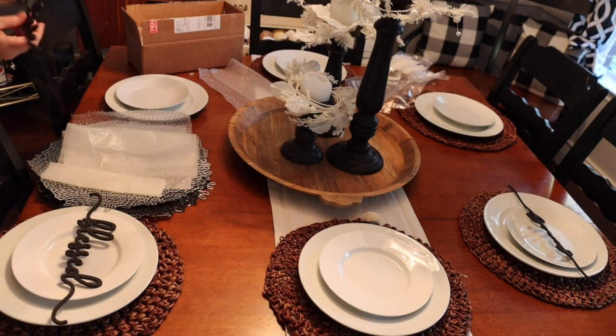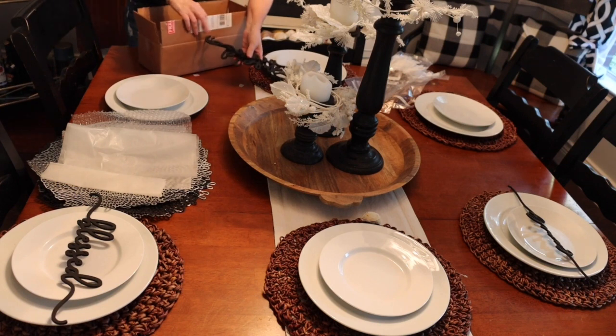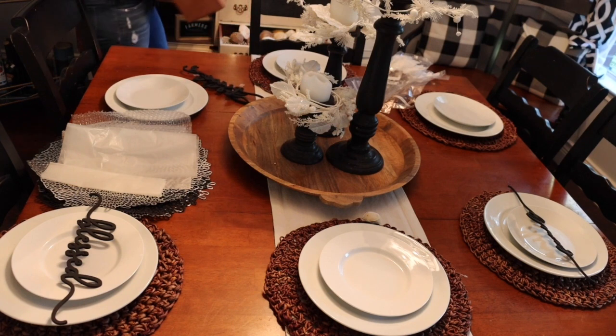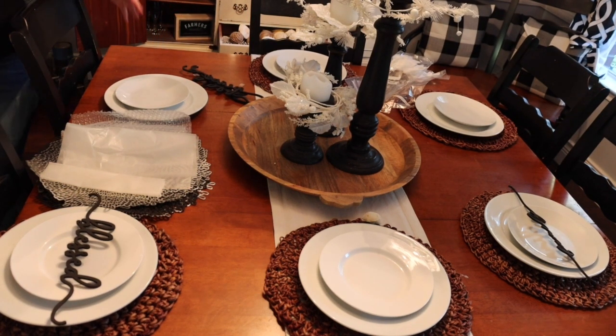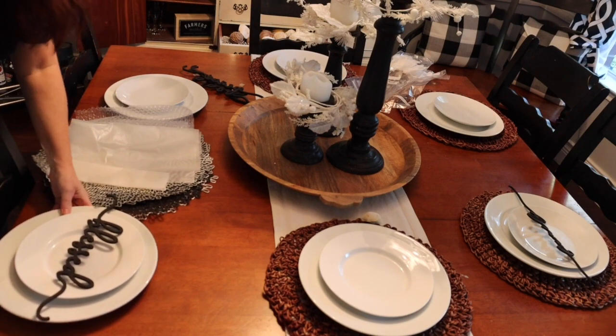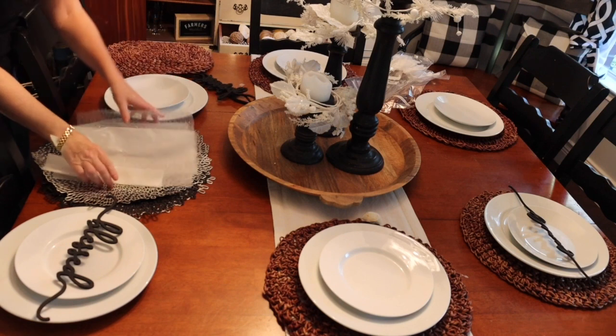So I have grateful, thankful, friends. These ones are going into storage. And then the new ones are here, and I'll go through those in just a second. I just wanted to get these put up. And then what I want to do is switch out the hyacinth placemats for a very